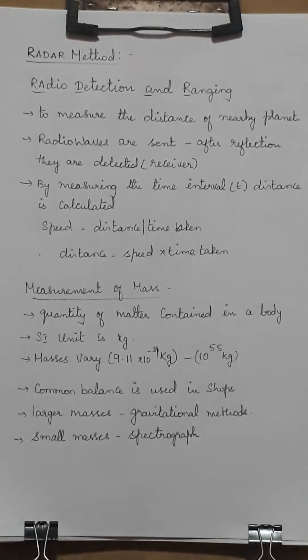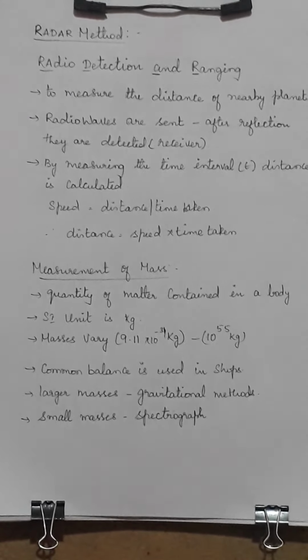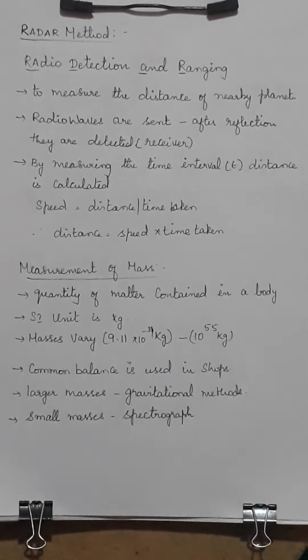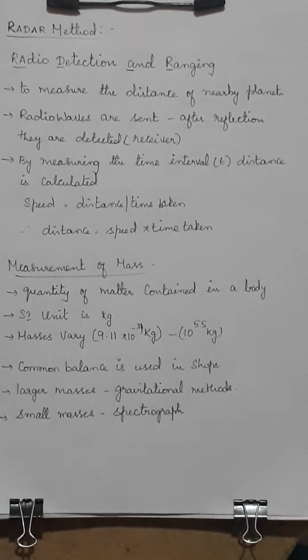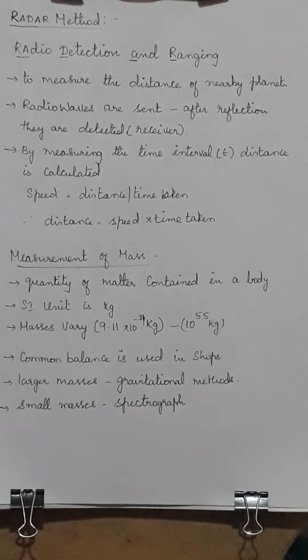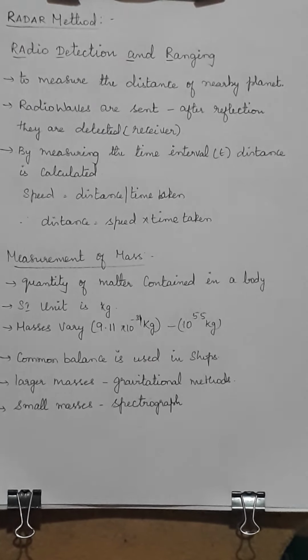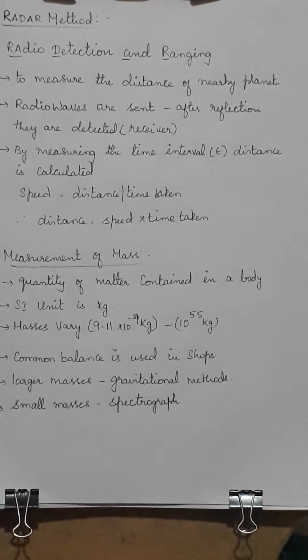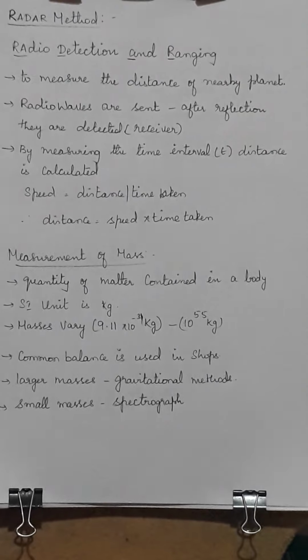So how many methods? Some 4 methods that you have studied. One is the direct method using a scale, where smaller distances are measured. Then you have the triangulation method, usually for even larger distances. If it is a tree or something like that, you measure it like that. Then there is the radar method, which will detect even larger distances. But for quite longer distances, like the distance between 2 planets or Earth and the Moon or all such things, we use the parallax method. So you all understood how length is measured, right?